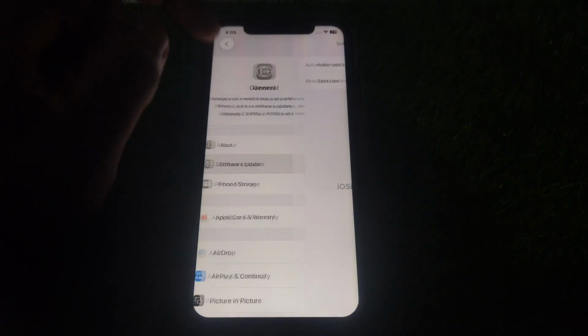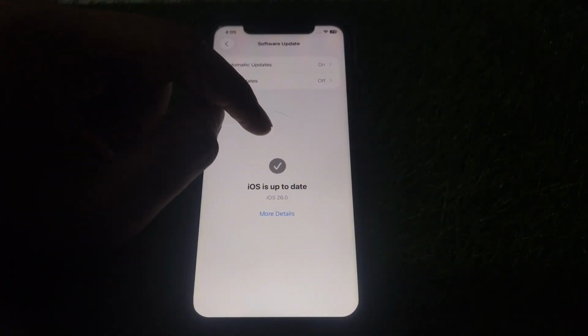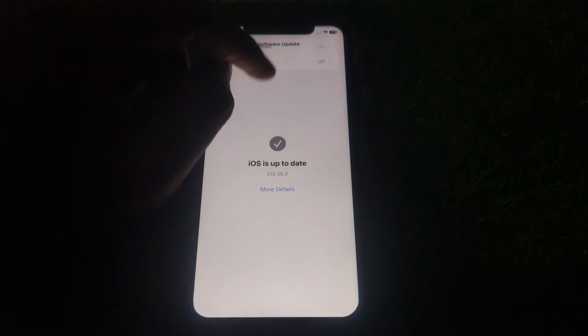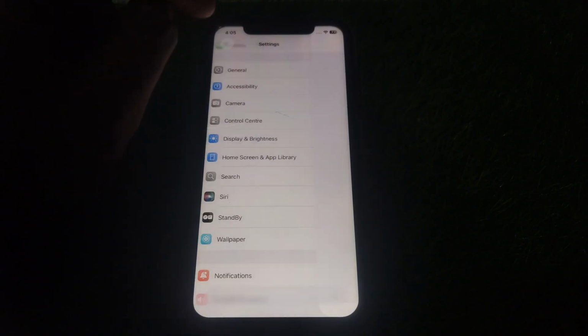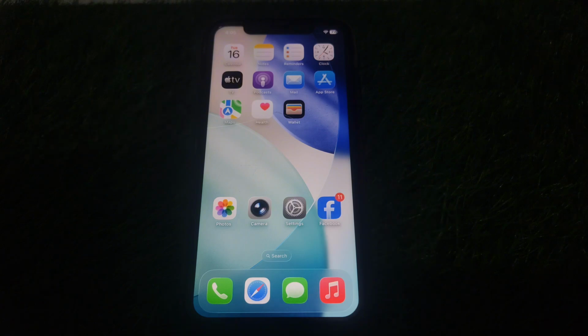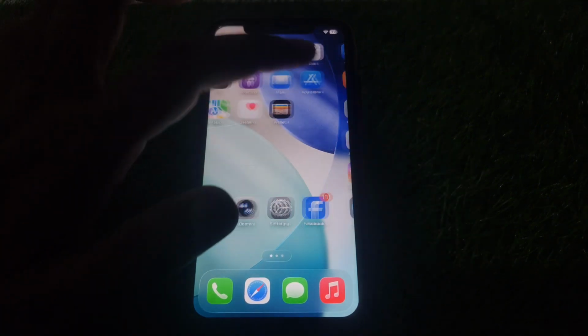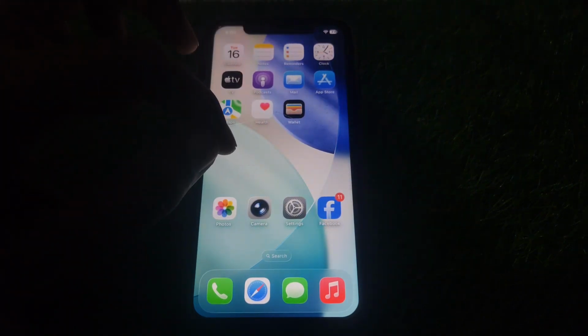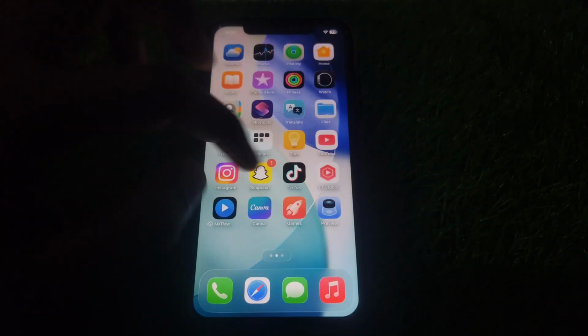So if you click on software update, then you will find the iOS 26 update, and you have to simply click on update and it will show update requested. So you have to wait for some time so that it can start downloading, and after the downloading it will be installed on your device. So you have to make sure that you have installed iOS 26 properly on your iPhone, and after that